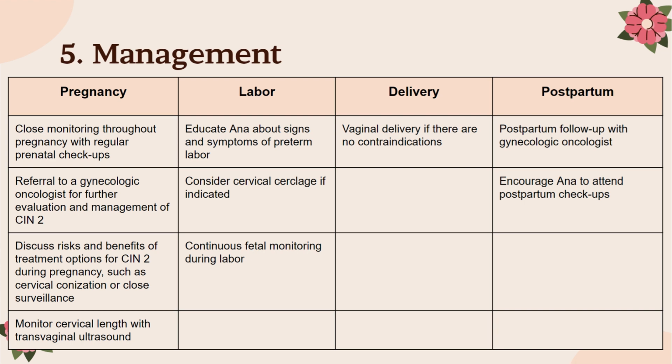And lastly is to monitor cervical length with transvaginal ultrasound to assess for signs of cervical insufficiency. This could lead to preterm birth, and early detection allows for intervention such as cervical cerclage to help prevent preterm labor. On the course of her labor, we have to first educate Anna about signs and symptoms of preterm labor